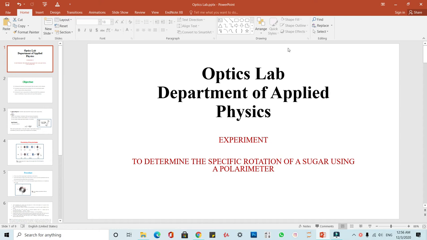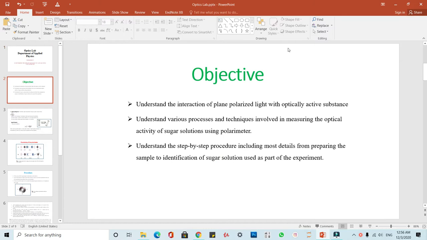Everyone, today in this session I will be discussing the experiment to determine the specific rotation of a sugar using a polarimeter. The main objective of our experiment is to understand how plane polarized light interacts with an optically active substance, and to understand the various processes and techniques involved in measuring the optical activity of a sugar solution using a polarimeter. The third objective is the identification of the type of sugar solution that we are using in